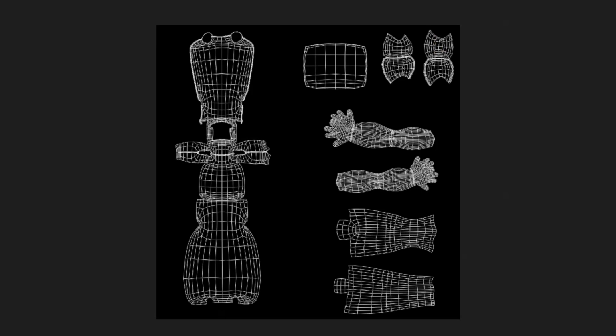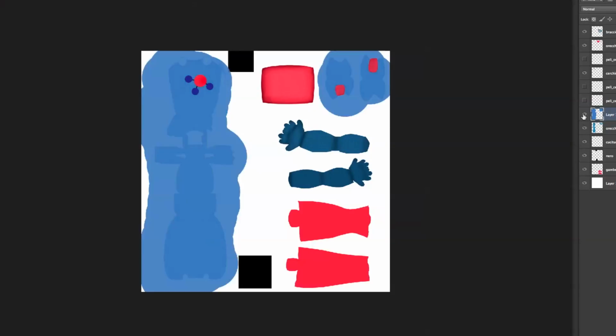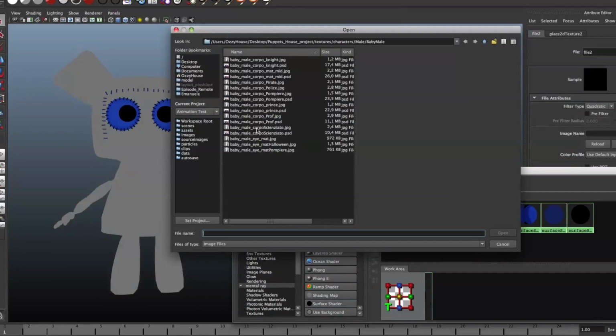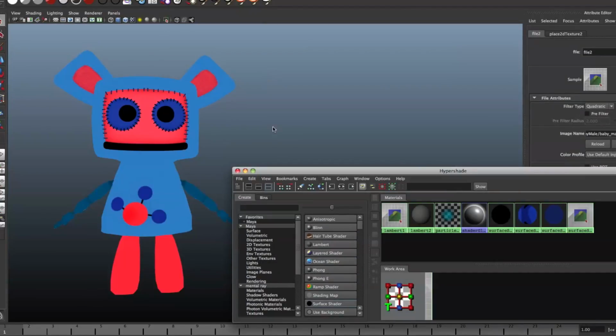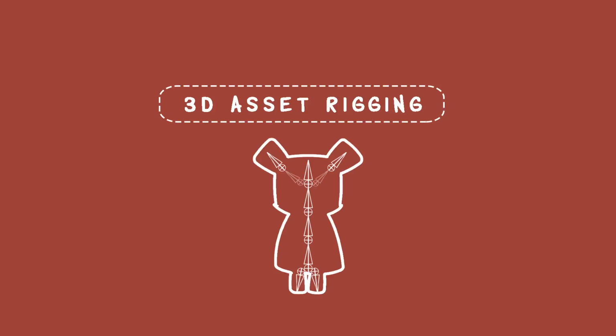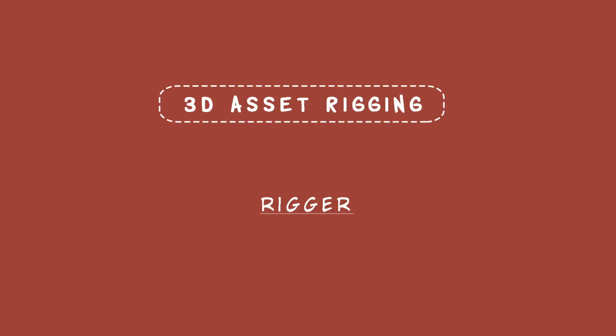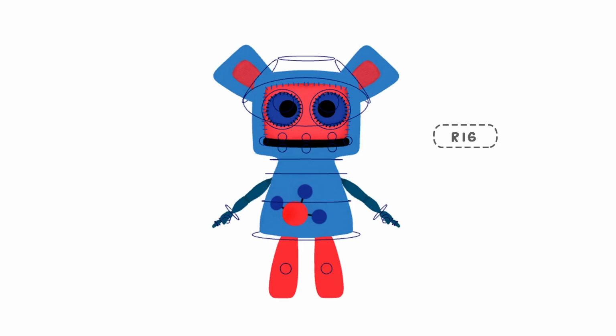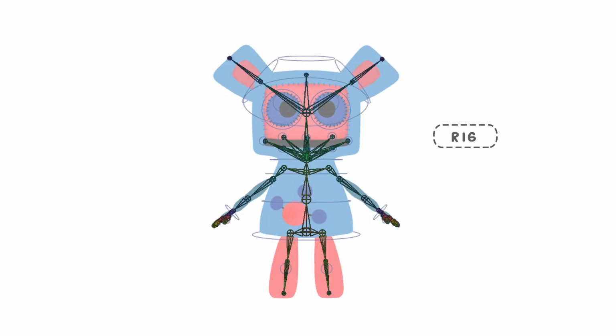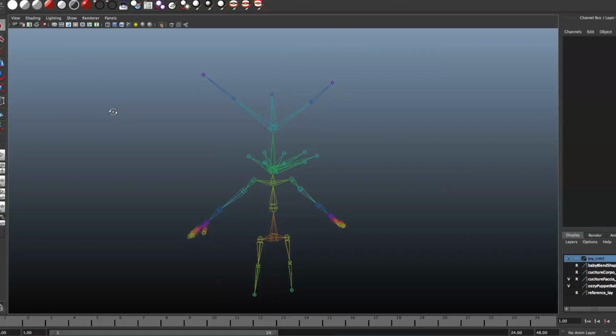He creates this 2D image, for example, with software like Photoshop. After that, this image will be assigned to a material, which in turn will be assigned to the mesh. Asset rigging. Once the modeler is done, the rigger can start to create the skeleton, the rig for the character. He adds chains of bones, joints attached to the mesh, so that in the animation phase we will be able